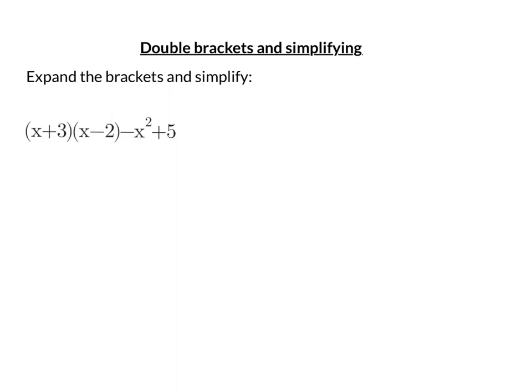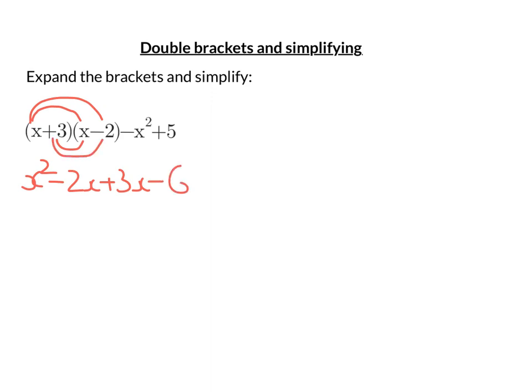In this video, we're going to expand the brackets and simplify. So first thing I've got is my double brackets here, so I'm going to expand them using the FOIL method. So that means I'm going to get x squared, negative 2x, plus 3x